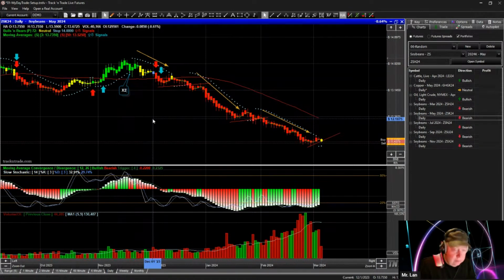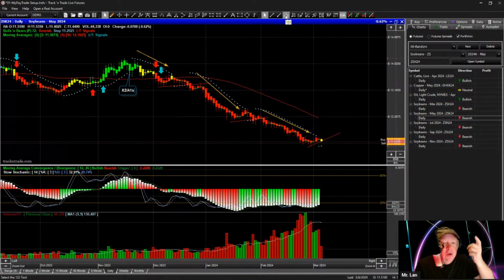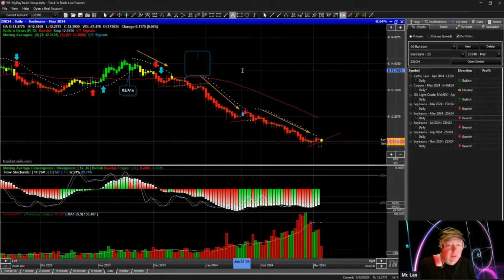So that's X2. So it's an X2, right? A1 X2 slash A1S. So that's your first down to the first side. So this is short. So for all of you guys who are used to seeing these things going long, counting these things going down the other side is a little bit more difficult because you have to think backwards. All right. So let's come in here, and then we're going to say this is now a new